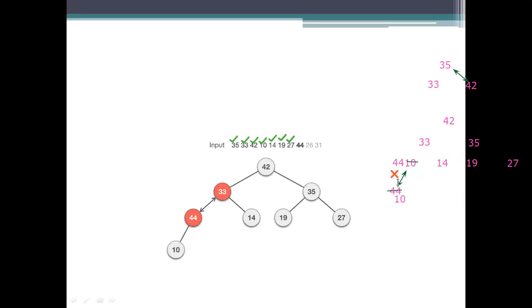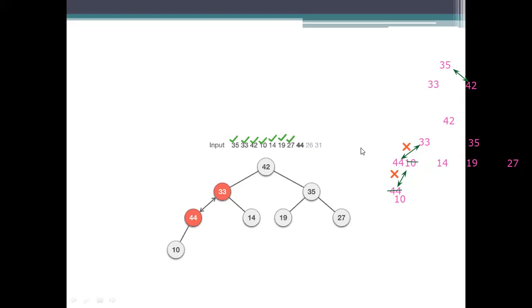Okay. Next, again, compare the values here. So the comparison has to be done between 44 and 33. Yes. So while comparing, we will get the result that this value is less than this value. So here, the parent value is less than the child value.